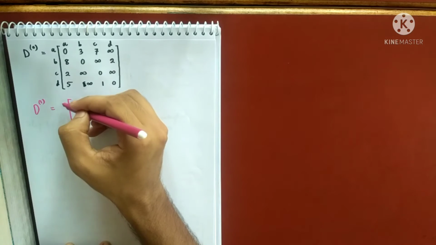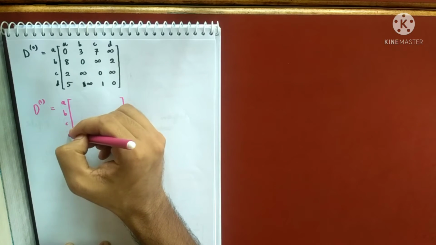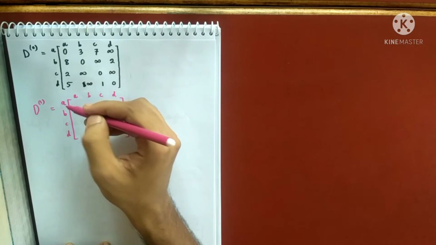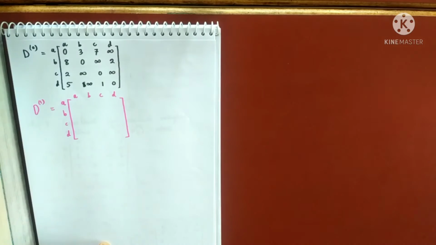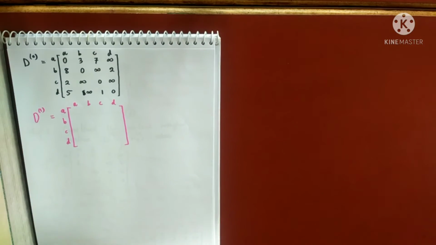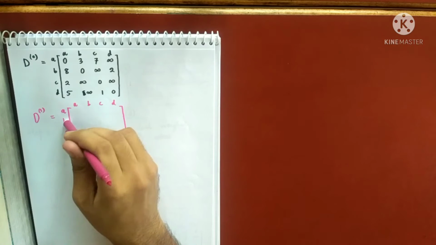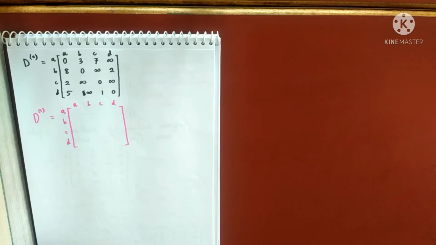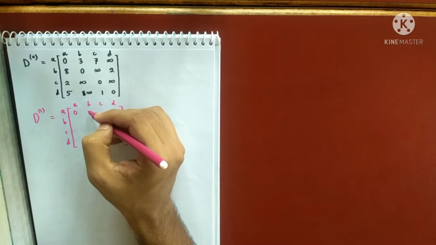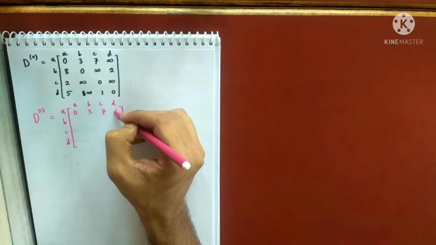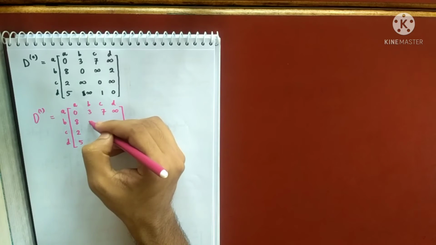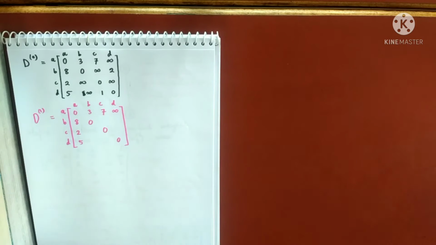Only the D0 matrix is enough to construct D1. As you know, D1 stands for going via the first vertex. Previously I was going B to C directly, but now I'll be going from B to A and then A to C, which was already mentioned, right? So this will not change because this is already going via A, and these diagonals never change: 0, 0, 0.